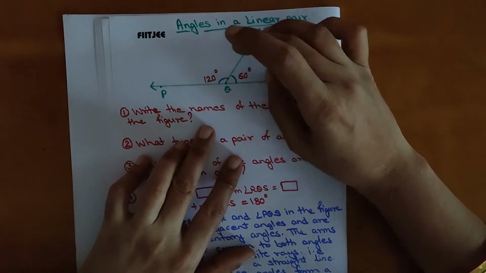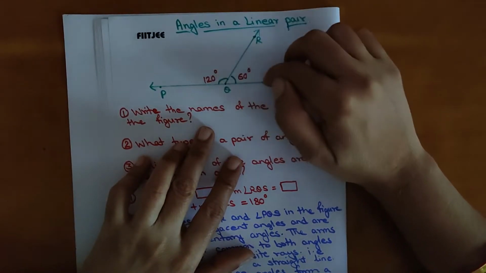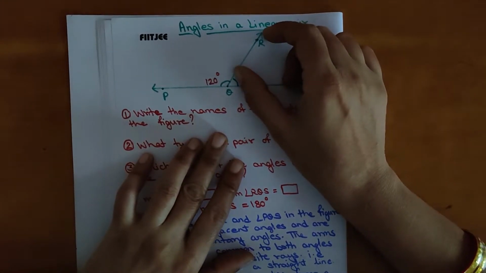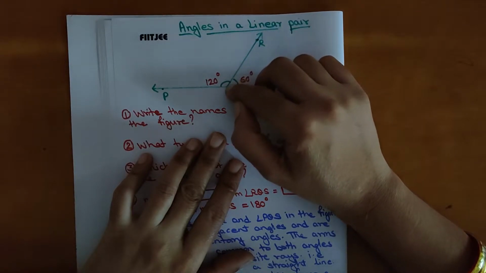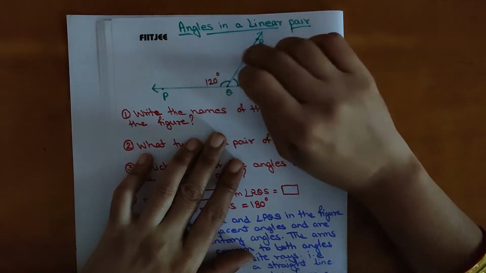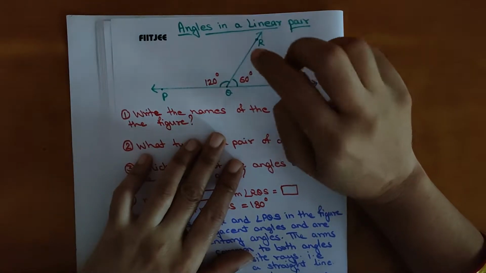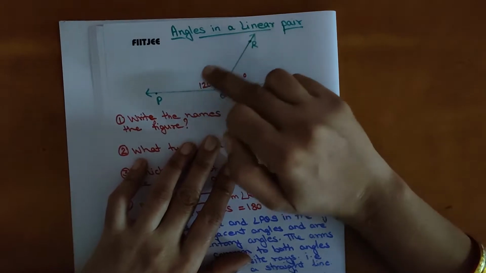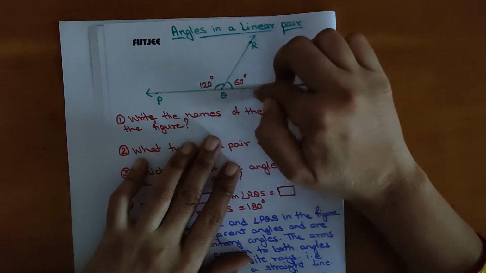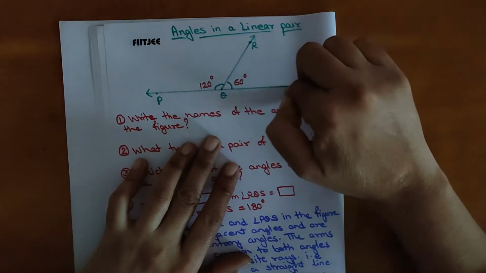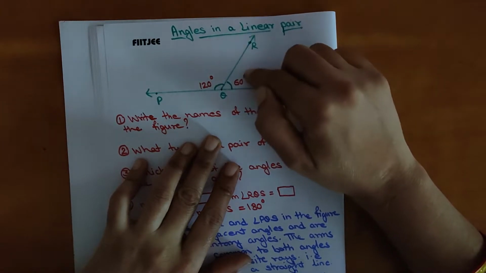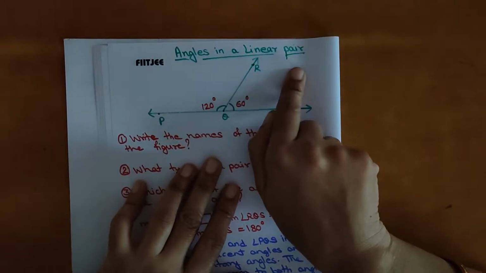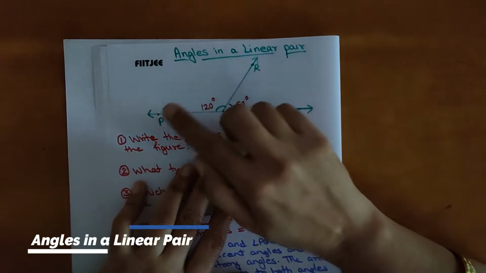If you see here, these are the adjacent angles. But these adjacent angles mean what? Having a common arm and common vertex and their interiors are separated. So you can see these are the adjacent angles. But now if you see, these adjacent angles are lying in the straight line, means they are in the line. So these angles are said to be a linear pair. So today we are going to learn about angles in a linear pair. Means the angles which are in the lines.